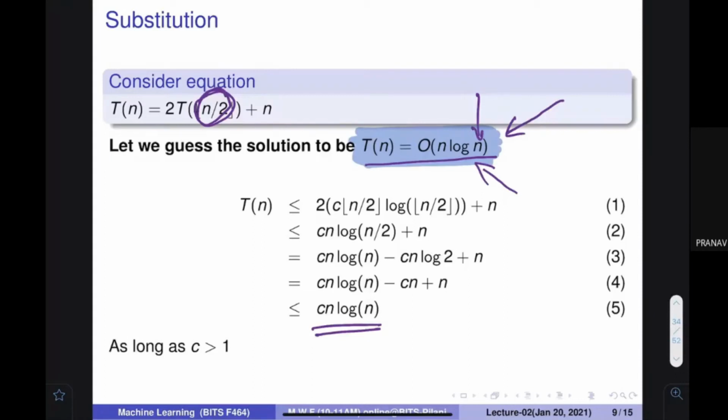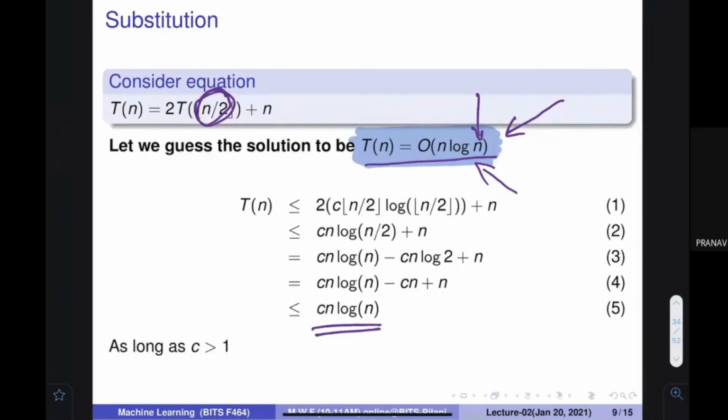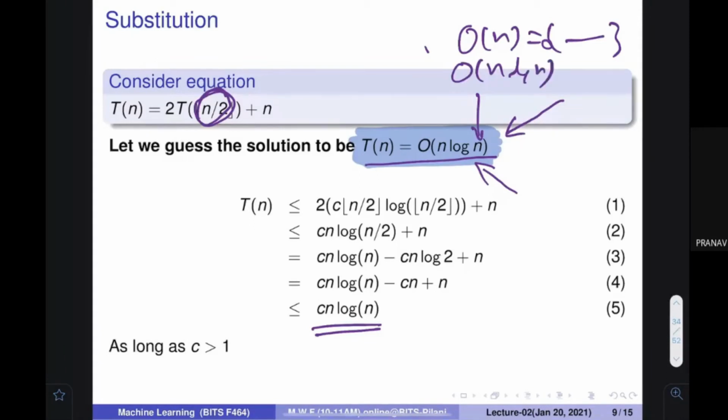So as I'm telling you, you can prove multiple things. n log n is a tighter one. If you consider the set for order of n and the set for n log n, then n would have all those terms which come from n log n. So it is a kind of subset. You have to find the tightest one, and that is the most difficult part to find out. That's why it is not that easy. You need some insight into the thing, because it may be possible that a better bound is already available, but we have not proved that.